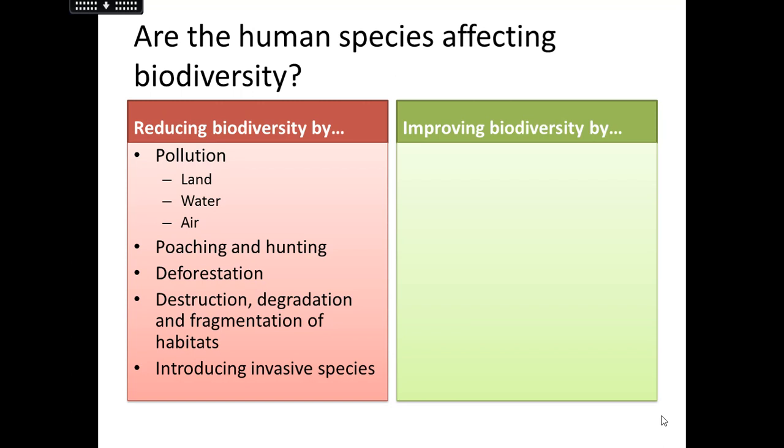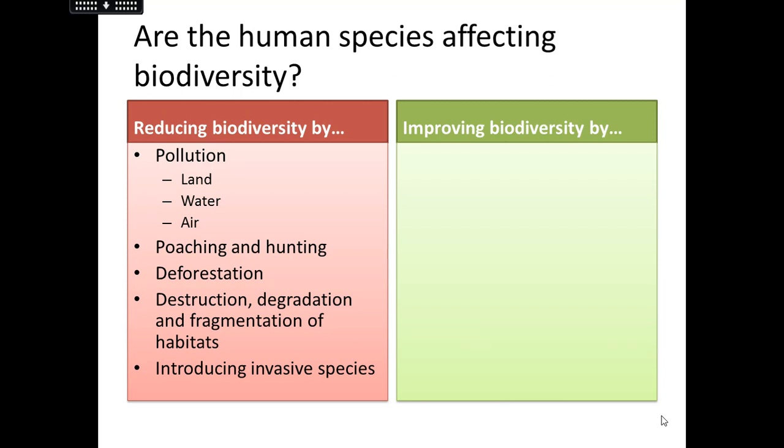And finally, we are introducing invasive species, sometimes intentionally, sometimes by accident. For example, we might bring something in to deal with a pest that is currently a problem. You might bring in an animal that will eat or hunt that animal, and eventually that invasive species could become a problem. It could find another food source and try and eat that instead, and then you get a decline in the number of populations by accident. It could also bring disease that could cause problems as well. So it's not just consuming the other species, it could also be a more widespread issue where a disease gets brought in.